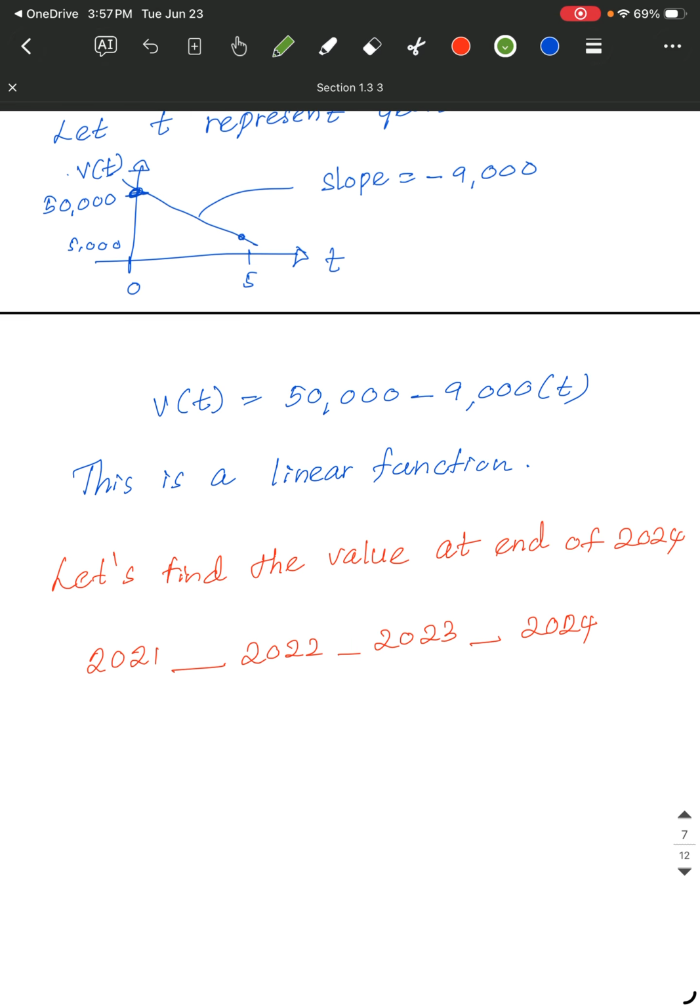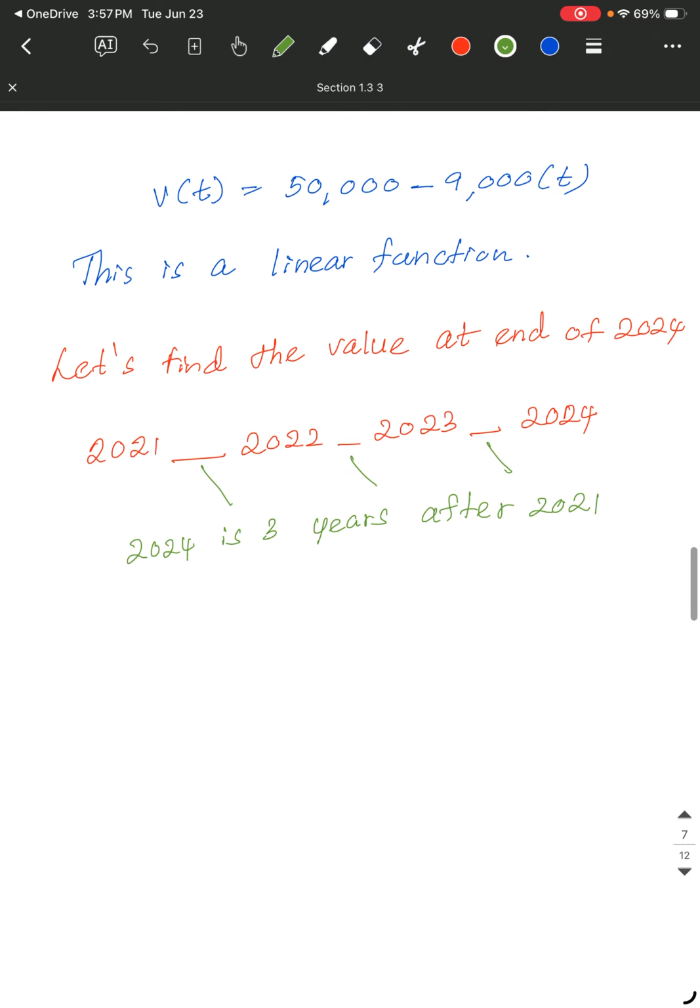How many years passed after 2021? 2024 is 3 years after 2021: 1, 2, 3. Then V of 3 equals